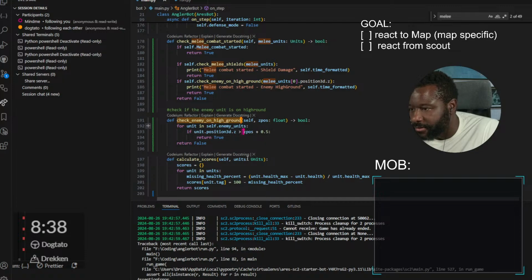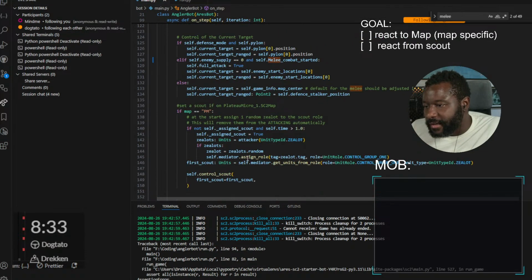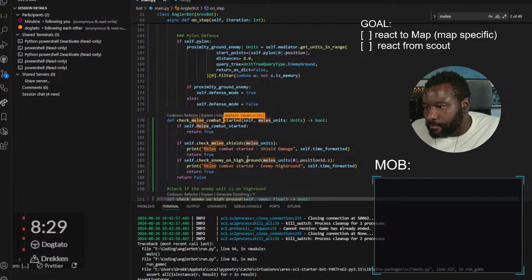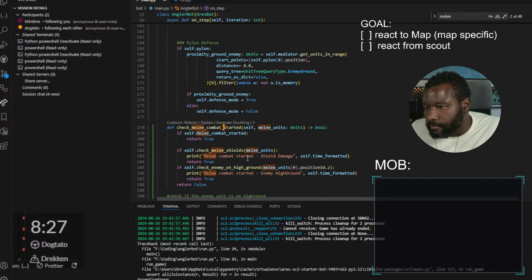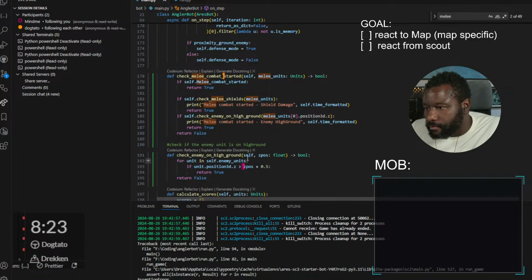So on step, if you go to the on step, combat started. Combat started, yeah. It was the function right above where you were at, on the same page. Check combat started right there, right above the high ground function. Yeah. Is this where we check for all the, yeah, this is where we put all the